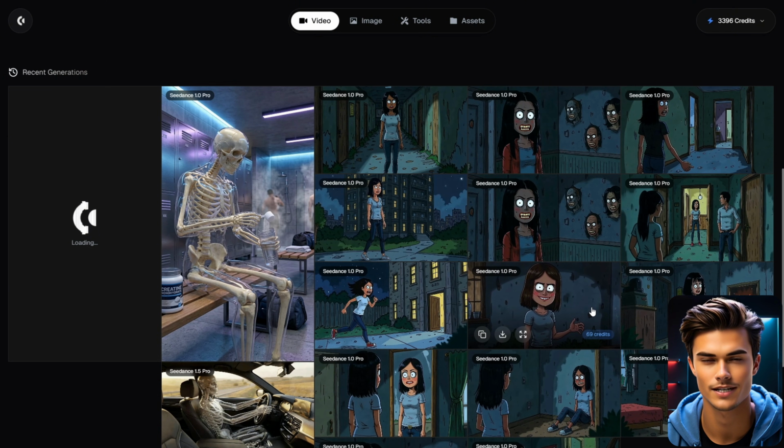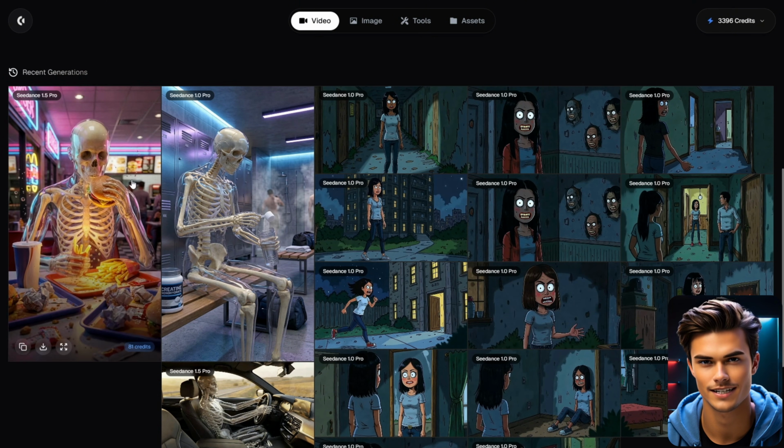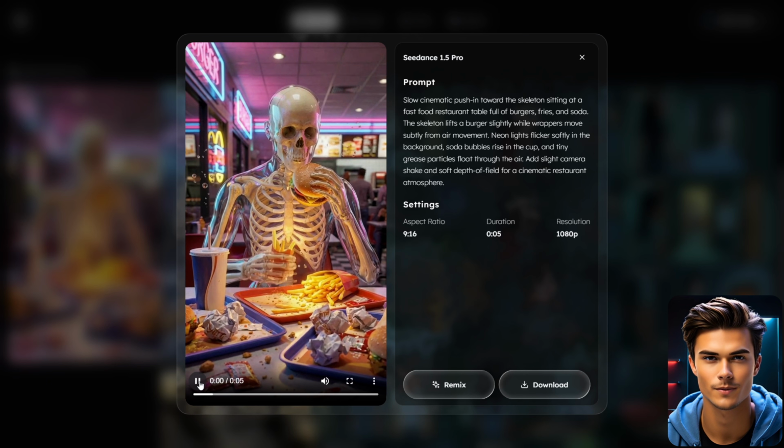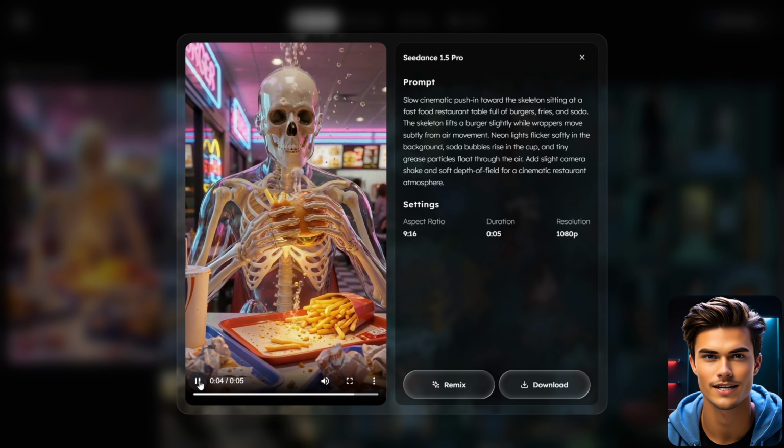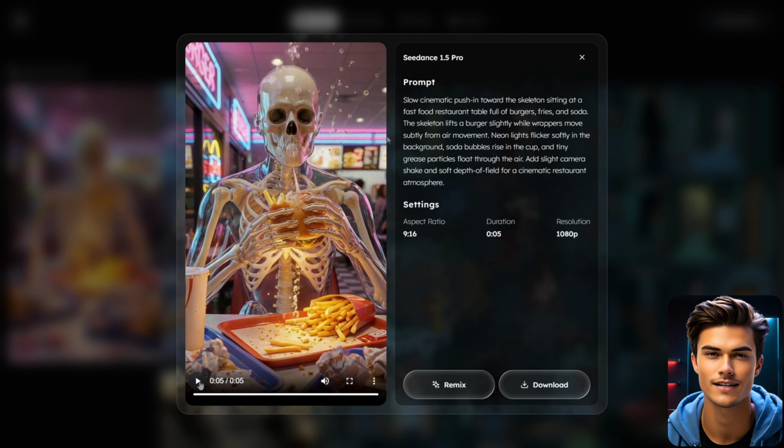This process won't take long, and once it finishes, as you can see, we have just created a video that represents the first scene, and the result looks great. The motion is smooth, and the details are sharp, which is exactly what we need. Now simply download the video by clicking on the download button below, and with that done, you are ready to